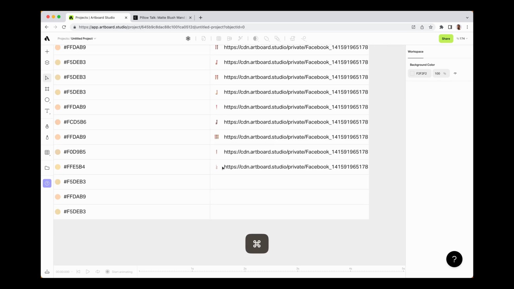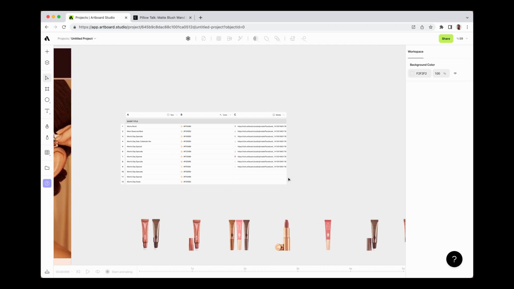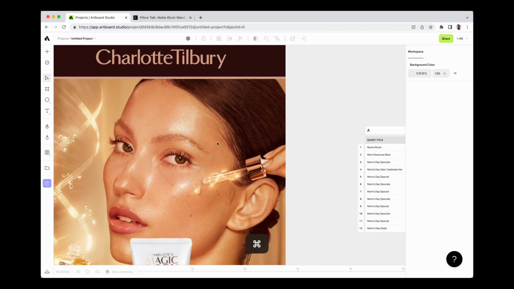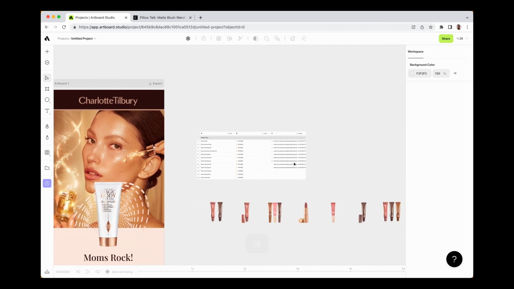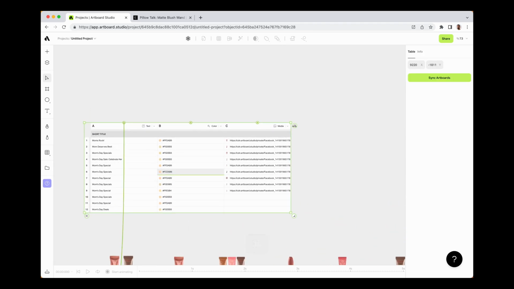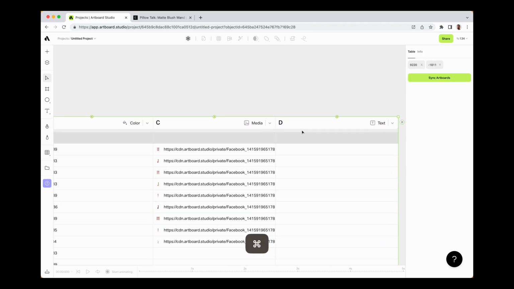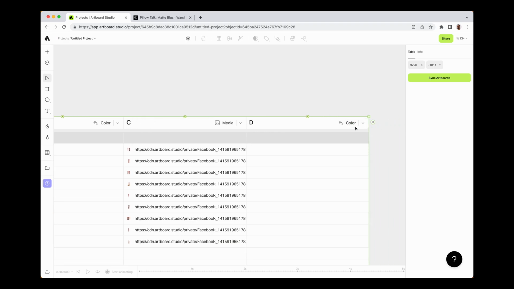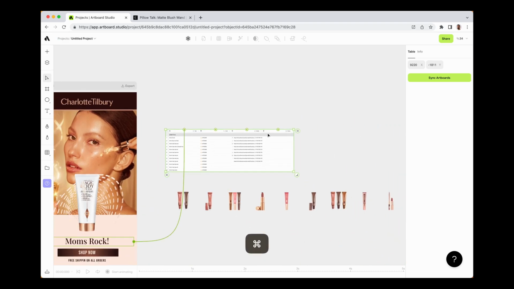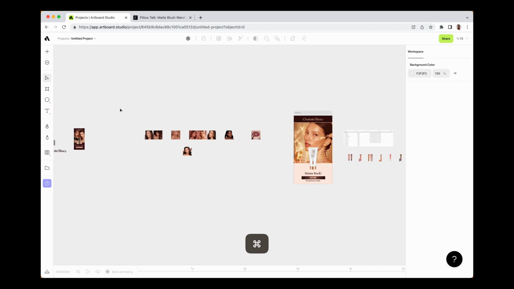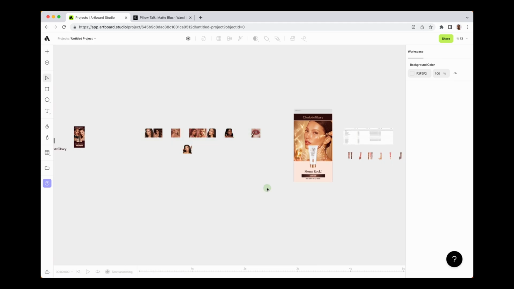So it all looks cool. Now, what else do we have? We have the background photo, the model's photo here. Now I'm also dragging this and adding a D column here. Again, choosing media as the format. Now I'm going to choose from those images. I'm just selecting them all